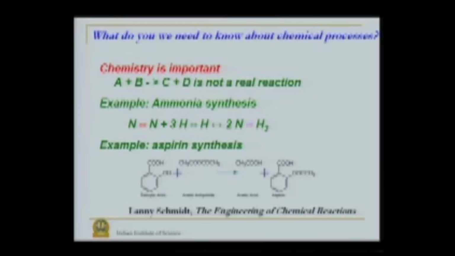Now, as I said, this is an undergraduate or advanced undergraduate or graduate level course. So, you would have done at least one course of reaction engineering. How do we now move forward, or what are some of the interesting aspects of chemical reactions that we need to know before we start with our course, that is from the next lecture. So, what do we need to know about chemical processes?